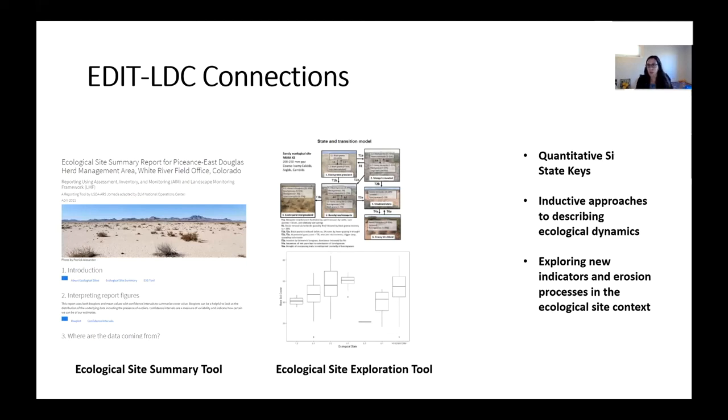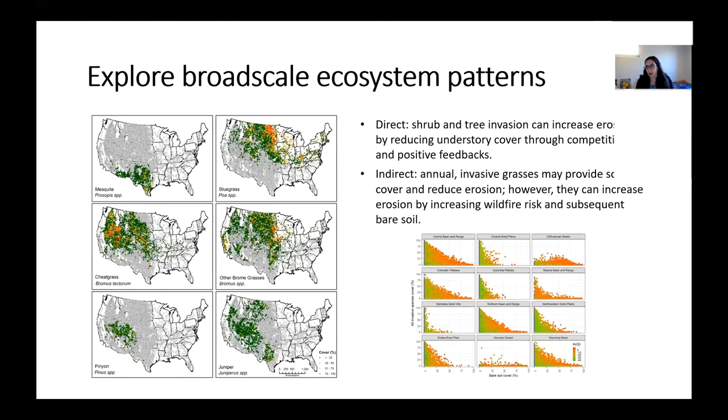And I think one of my big questions is, ecological sites as we know them today were developed with a specific set of indicators in mind, and what happens when you add new indicators like erosion indicators or even core methods indicators that haven't been accounted for in an ecological site? Remote sensing data. How can we bring those all in together with conceptual models and really build a more relevant understanding of how our ecosystems are working, and then use that to explore our broad scale ecosystem patterns, like what we're doing with the Soil Erosion Working Group in LTAR,